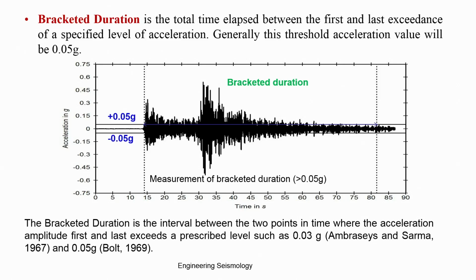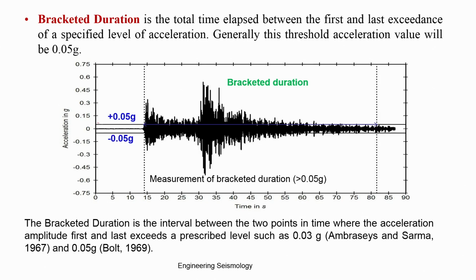What is meant by the bracketed duration? The bracketed duration is the total time elapsed between the first and last exceedance of a specific level of acceleration. Generally, the threshold acceleration value is taken as 0.05 g. If you plot the acceleration time history of a particular ground motion, even if you recorded velocity and converted it to acceleration by differentiation, then in that acceleration time history you have to identify the first 0.05 g,